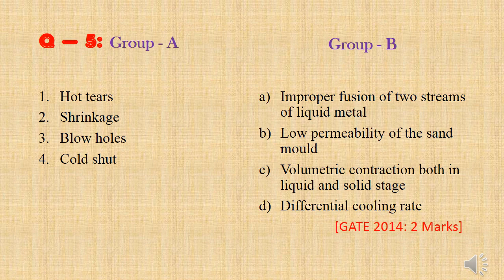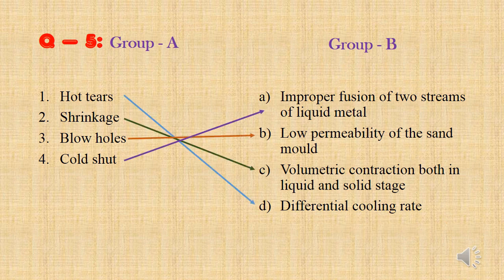Question number 5. Again, column 1 is listed with casting defects and column 2 is listed with cause for the defect. Number 1, hard tear. Hard tear happens due to differential cooling rate. Number 2, shrinkage. Shrinkage happens due to volumetric contraction both in liquid and solid stage. Third, blowholes. Blowholes happens due to low permeability of the sand mold. Cold shut. Cold shut is nothing but improper fusion of two streams of liquid metal. So the answer is